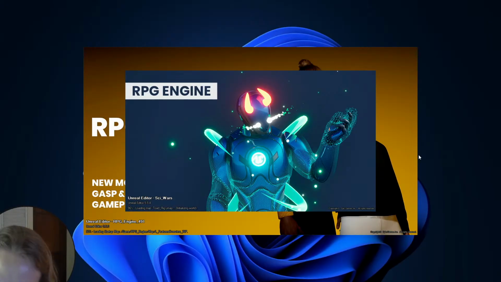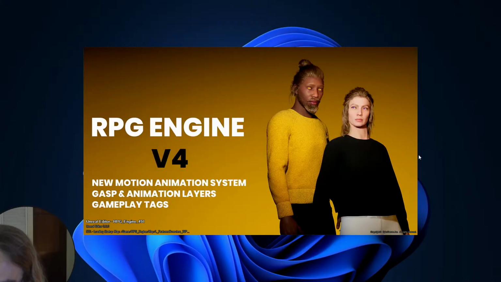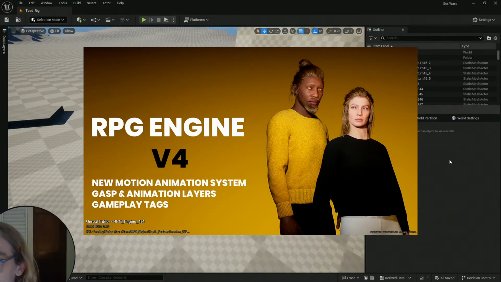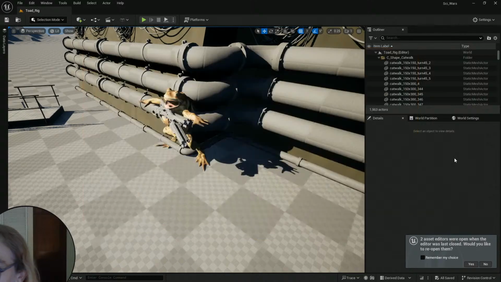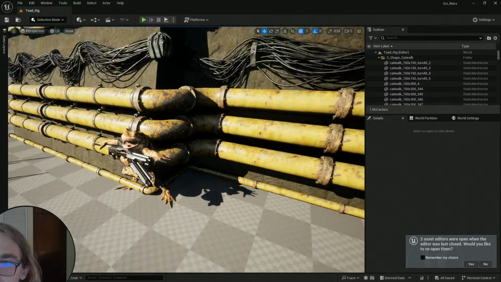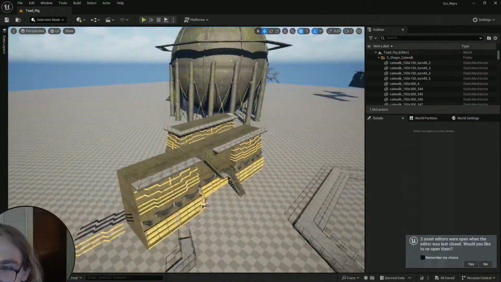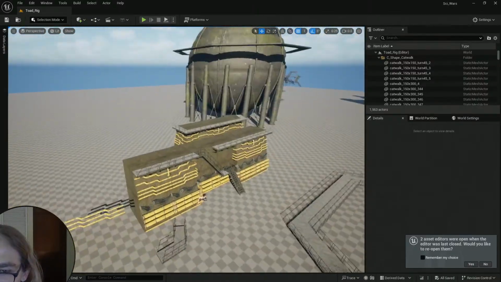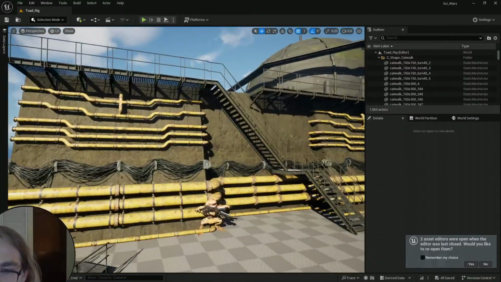Yeah, definitely. Keep it small. That's the best you can do, for sure. It's kind of hard to keep it small. This is some other stuff I was building for